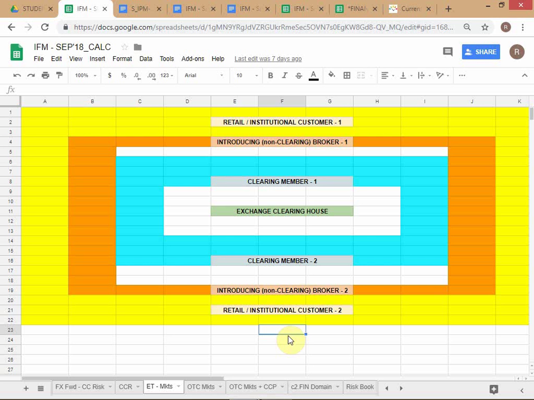Are you getting the idea? So you're getting the whole scheme of how exchange traded futures contracts work. First you have to put up an initial margin. Without initial margin, the exchange will not honor your contract, will not recognize your contract. They will find a new buyer. Who will find a new buyer?